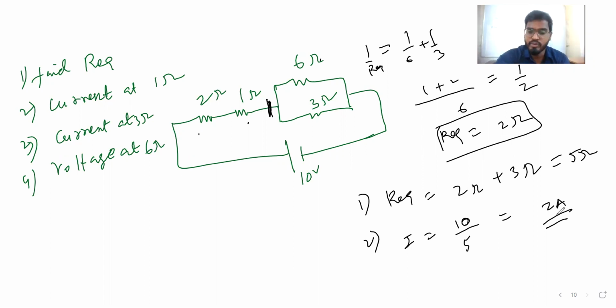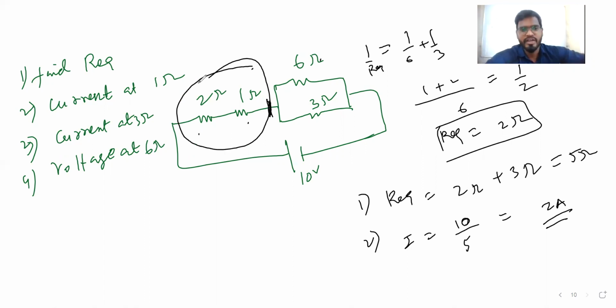Okay, so what we'll have to do now is see how much we lost till here. The remaining will go in parallel. See, again, I am seeing what I'll think. Fine, we want to find the current in parallel, but before that two resistors are there, and these two resistors will use some energy. That energy, how much it is used, we will find. We'll subtract it from the total and get the remaining. The remaining will be there in 6 and 3. So if you find the current at 3 ohm, then we can find the current and all, right? So now let's see.